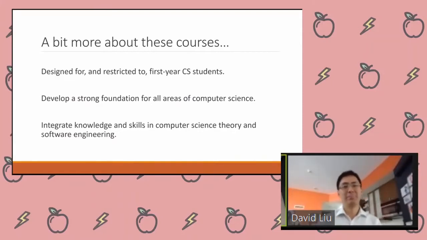The courses are designed to be an introduction, but a rigorous introduction to the foundations of all areas of computer science. So they integrate knowledge in computer science theory and software engineering. And what I mean by this is these courses aren't going to be just about programming. They're going to be about preparing you for all the skills necessary to go into many different areas of computer science. So software development by itself is like a huge field. There's many different types of programs that you can write, many different types of software you can write, from video games to web apps to mobile apps